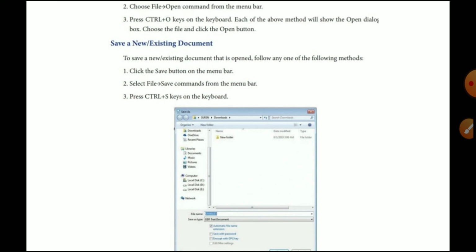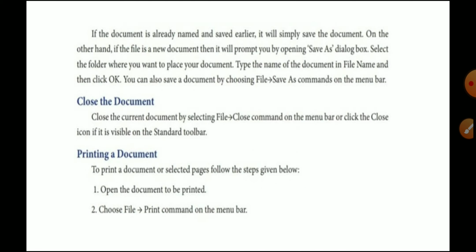The diagram is also given below. When you choose File, Save, this page will open, as in the diagram, with a blue highlight. The file name will be asked. Blinking in blue, that is where we type our file name and click Save. The option below, you have to click that, and it will be saved. Otherwise, use the shortcut key Control S to save your new or existing files.